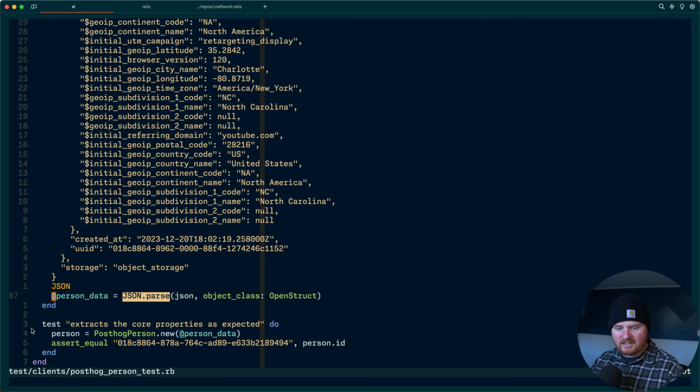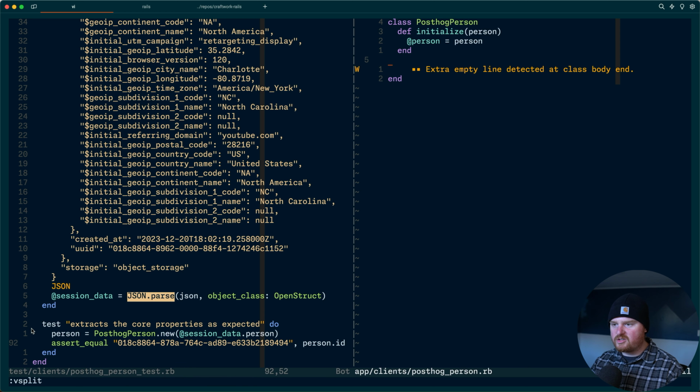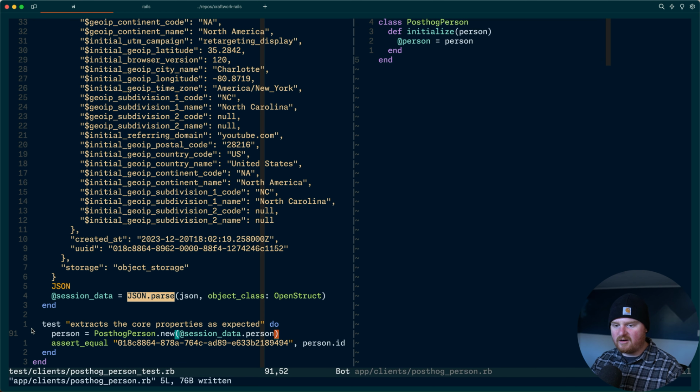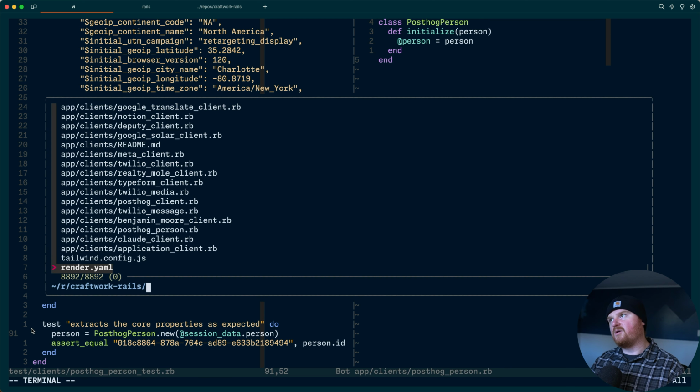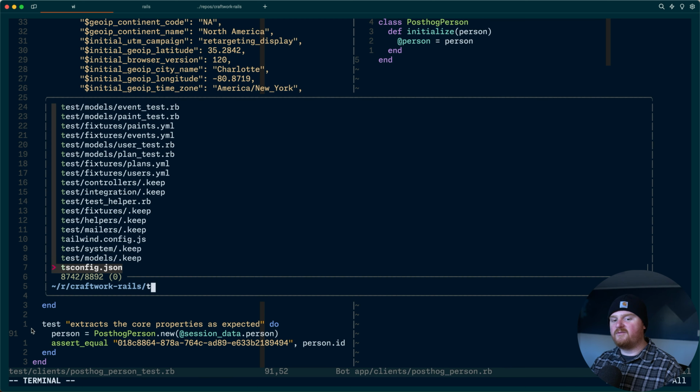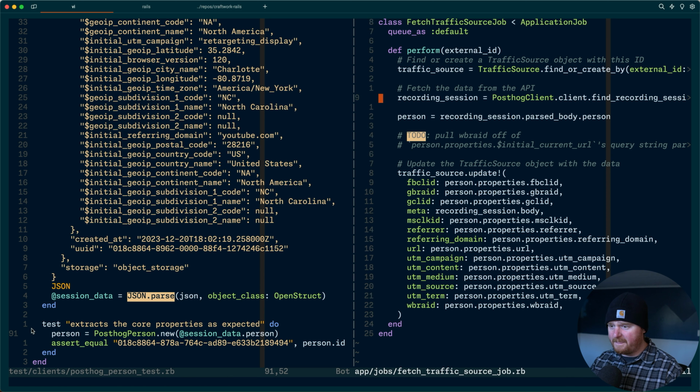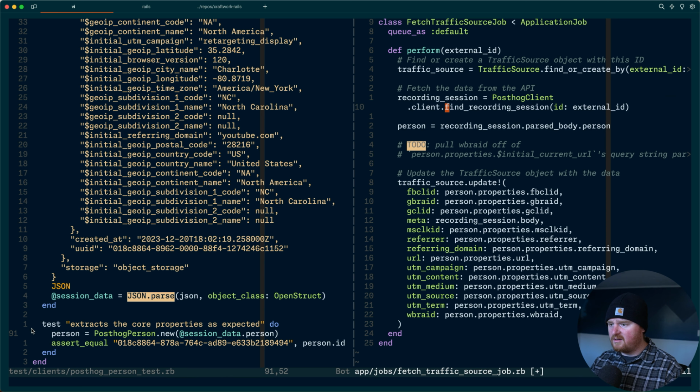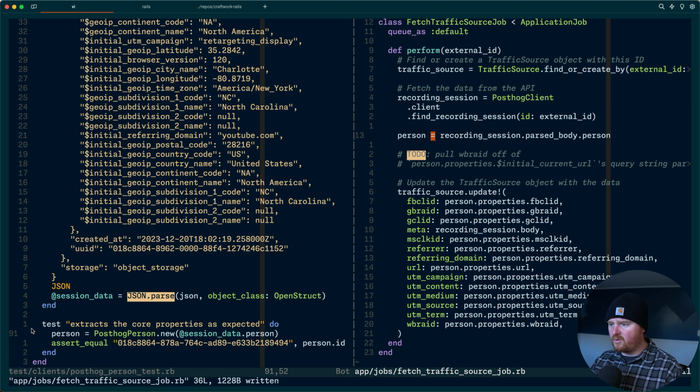This is actually session data though, so maybe we can do session data dot person. We really only need to extract the bits that are required for the job. So our job is the fetch traffic source job, and in here we are looking for